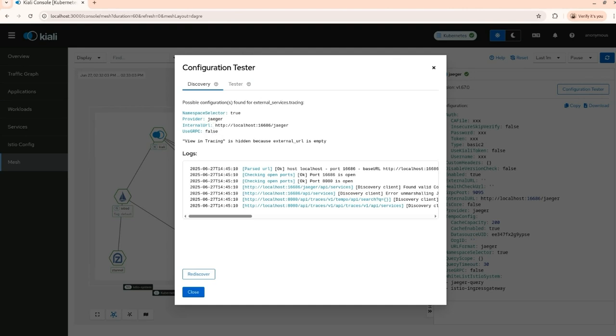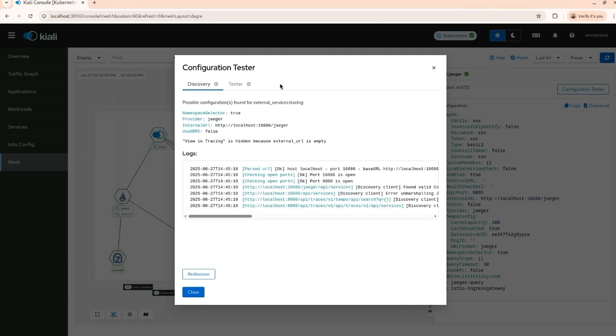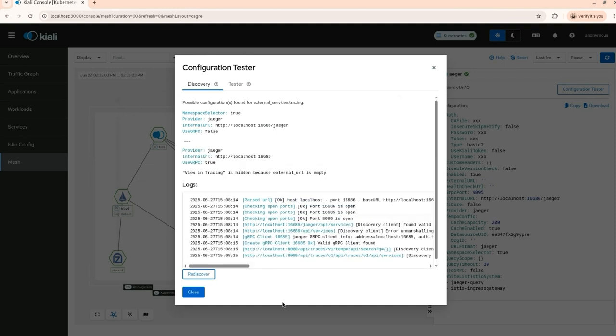and it is going to use HTTP and not gRPC. But now, as we are running Kiali outside of the cluster, we are going to port forward the tracing port for gRPC of Jaeger, and we are going to run the discovery. So now we see how it found two valid possible configurations. We see that we have used gRPC false in this case, but in the second one, we can use gRPC